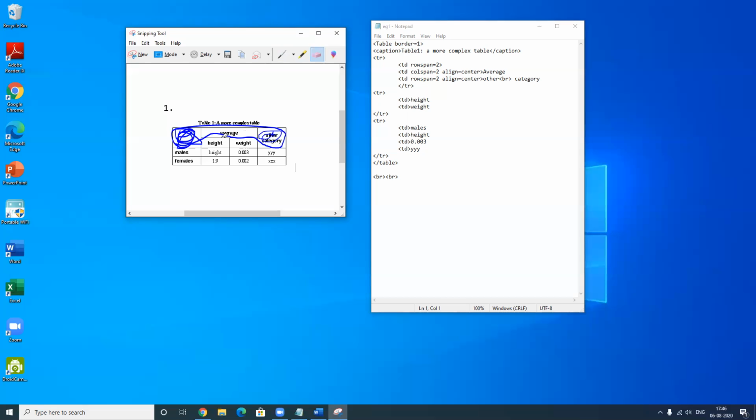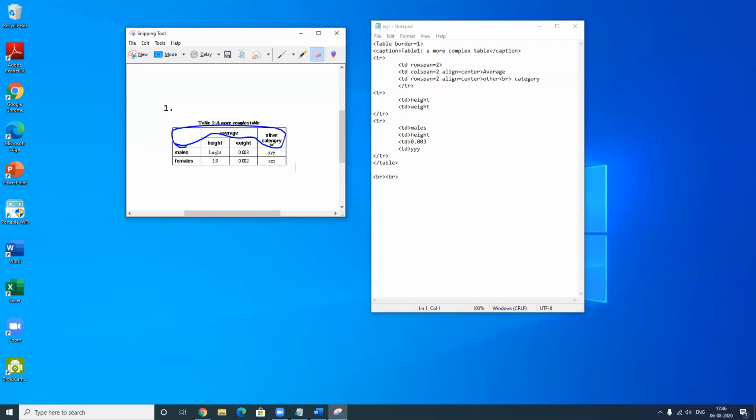Come and see the third TD. Third TD says rowspan equal to 2, again because two rows have been merged. Okay, this is what I told you in the first cell also. So this has been written across two rows actually.